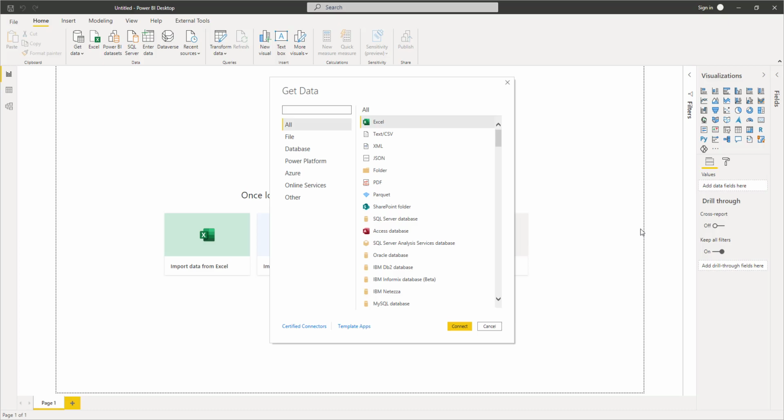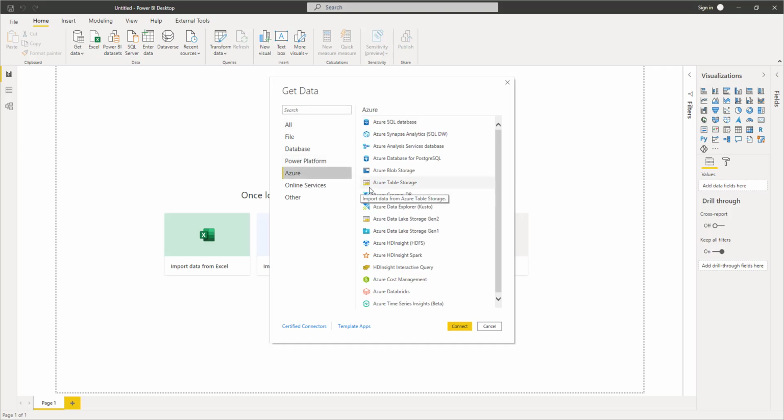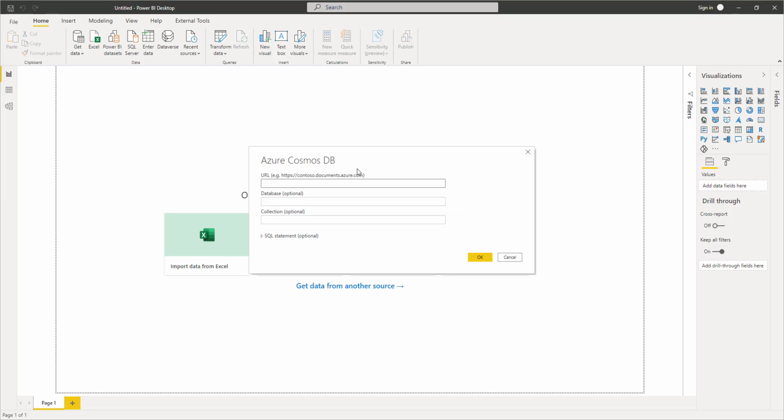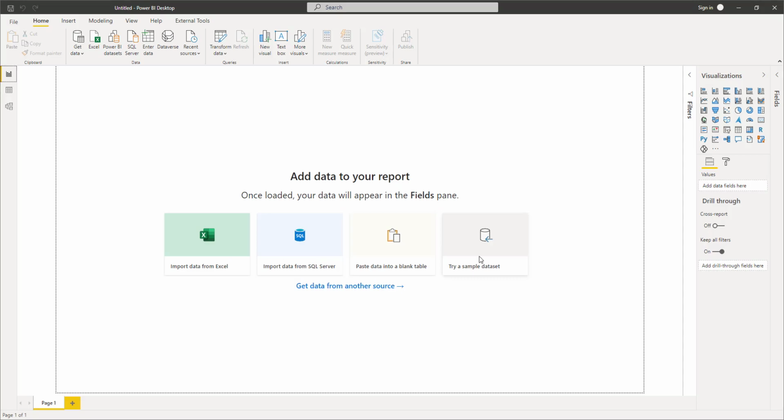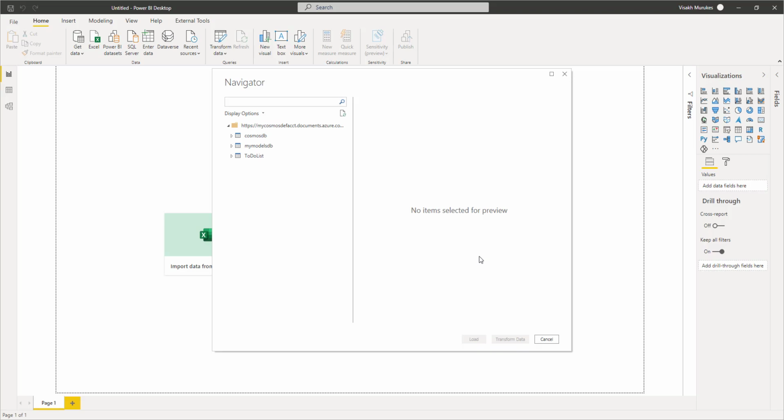To start off, let's try the default way of connecting to an Azure Cosmos DB instance from Power BI. To do this, open a blank Power BI sheet, and inside that, using the Get Data function, let's try connecting to an Azure Cosmos DB by choosing the Azure Cosmos DB connector. When you click on connect, it will ask you for the URL. Once you copy paste the URL and click on OK, it doesn't ask you for any options of import or direct query, the storage mode. This is because it supports only import mode storage for the Azure Cosmos DB connector.